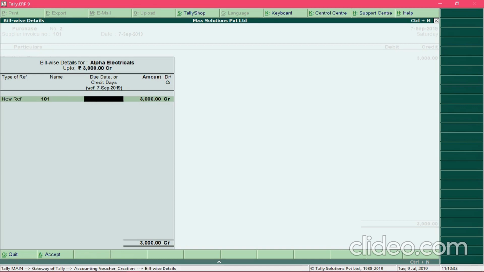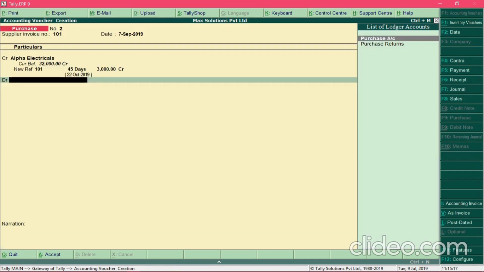Now in the field due date, you can either specify the due date, or you can specify the number of credit days which are provided for this invoice. Or suppose if I am asked to clear this amount by 45 days, then I need to enter the number of days followed by the letter D and press enter. So you can see that Tally has auto calculated the due date. So all the required information is entered now, and press Ctrl A to save those details and debit the purchase account.